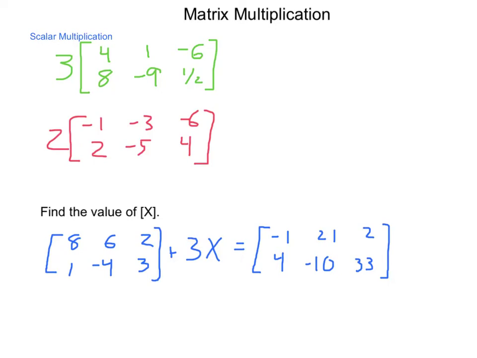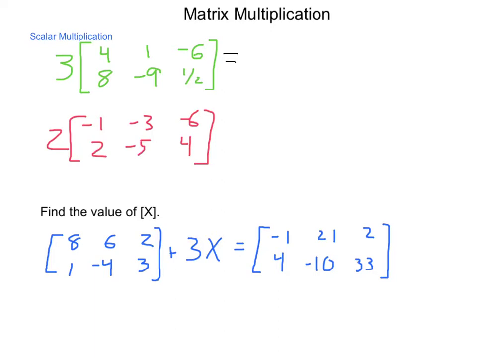Following addition and subtraction, the next operation in matrices that we're going to be working with is matrix multiplication. We're going to start this out with scalar multiplication. Now, scalar multiplication is going to behave a lot like basic distributive property. We have a single multiplying number outside of our matrix, and we're going to multiply each item inside by that